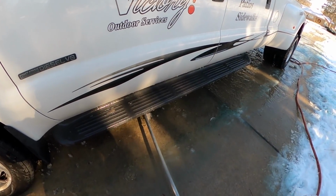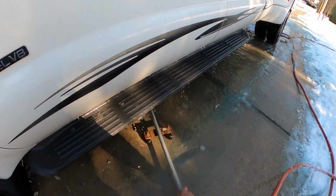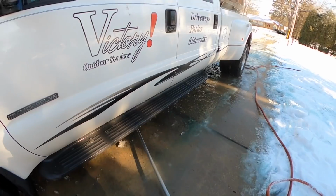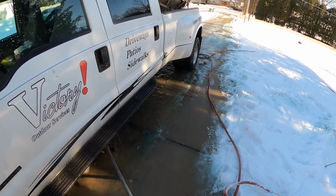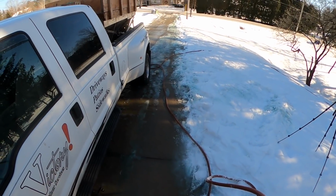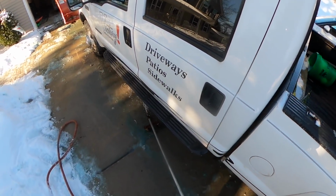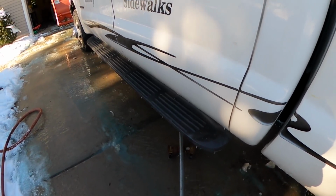And this is why my 2001 truck is not rusty, even though it's been used as a plow truck for many years. It takes a lot of work. This whole process takes between 30 and 50 minutes, depending on how much salt you have in the bed of the truck. That can take a lot of time getting that out of there. That's a pain if you overspill. But it takes about 30 to 50 minutes, and then you know your truck's clean and it's ready to go